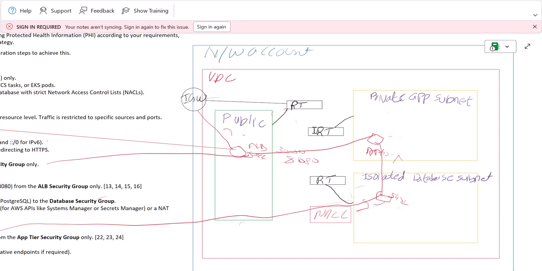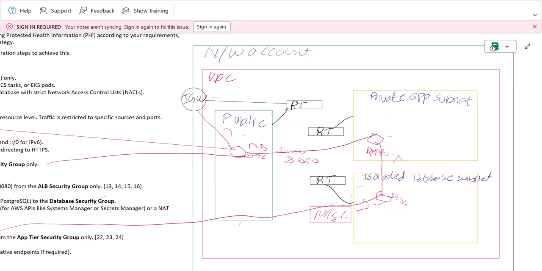Maybe if some internet is needed for app subnet, there will be a NAT created. With that, network address translation will happen, and private workloads will get internet access based on the requirement. It is not implemented, but that is the idea. Whereas for database, we have given a separate subnet, which is more secured, which has another NACL layer